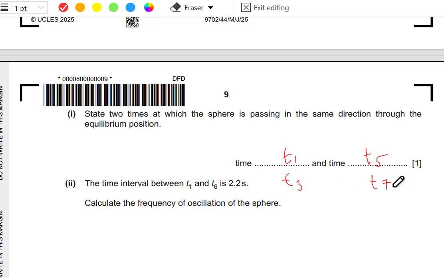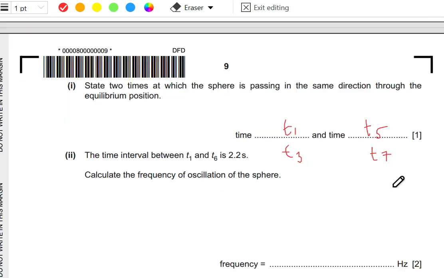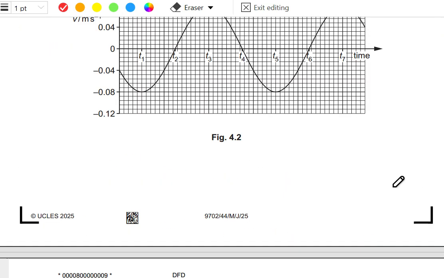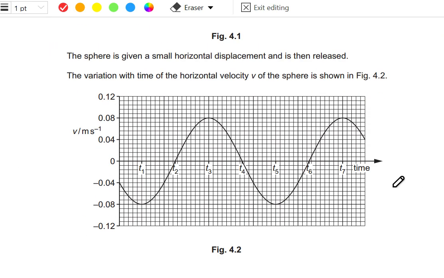The time interval between T1 and T6 is 2.2. Calculate the frequency of oscillation of the sphere. So from T1 to T6, it is